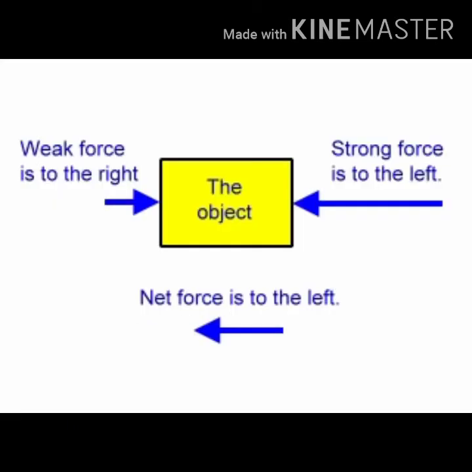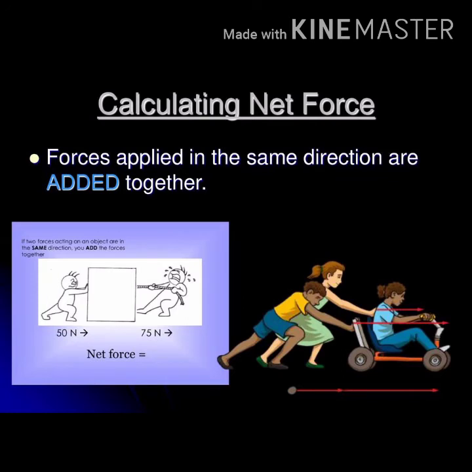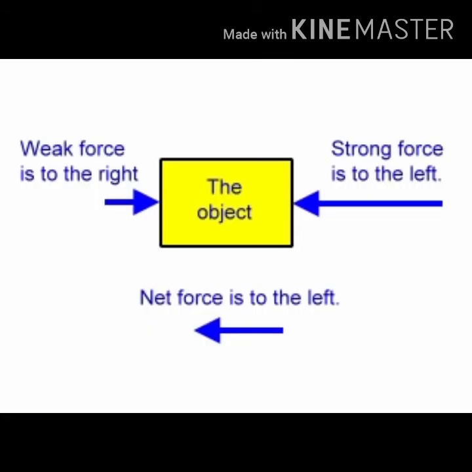And whenever you apply force in opposite directions, the net force acting on it is the difference between the two forces. Whoever applies the force more, whoever pulls the object more, in that direction it moves. So I can say that if two forces act in opposite directions on an object, the net force acting on it is the difference between the two forces.